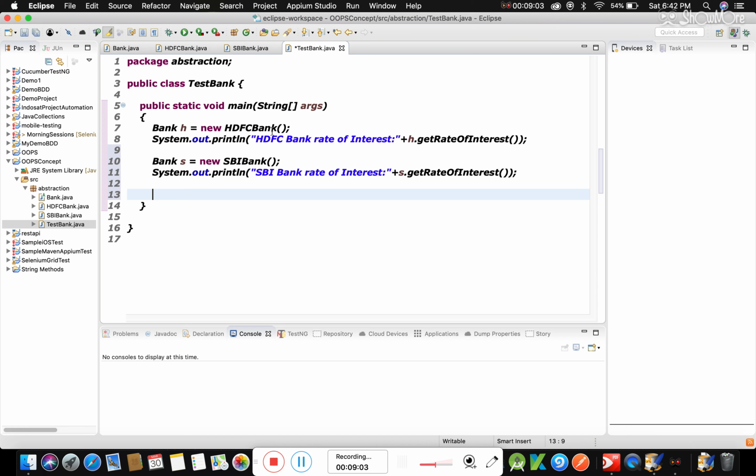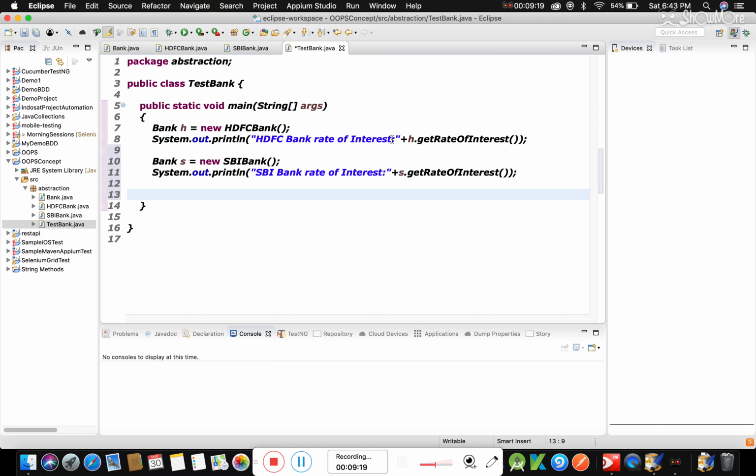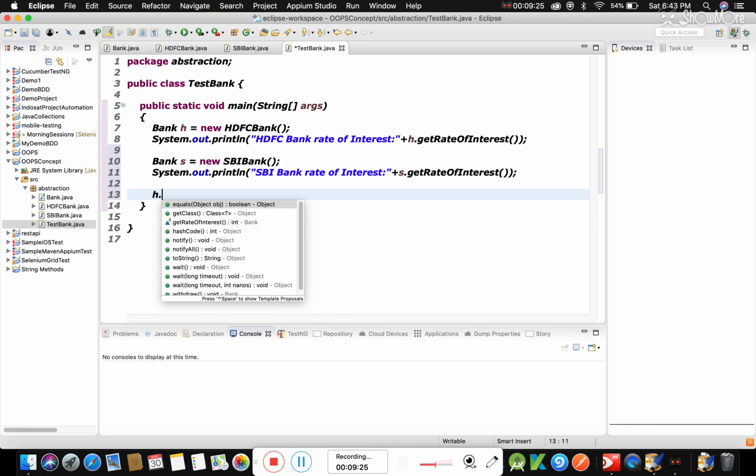So these are two classes which implemented the getRateOfInterest method of the abstract class, and we are calling both the methods which have been implemented. And finally, let's also call the method which has been implemented directly in the Bank class. So we can use the object reference of any bank like HDFC Bank or SBI Bank.